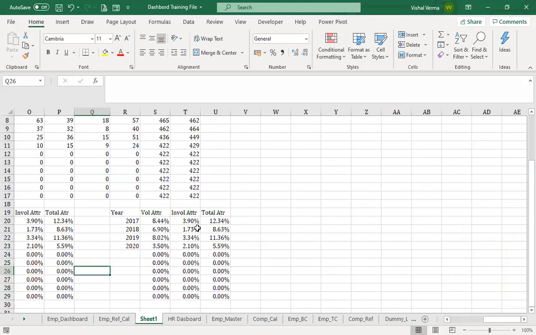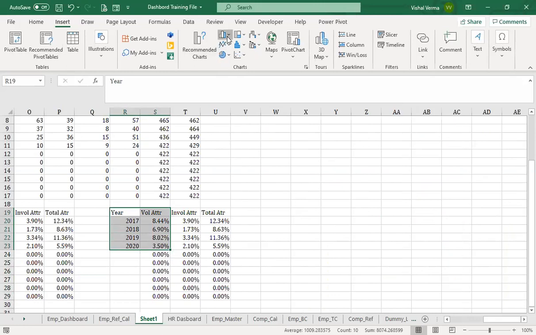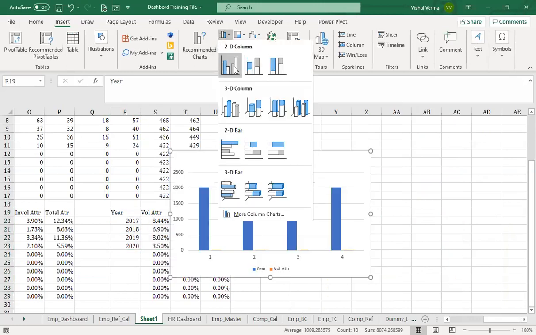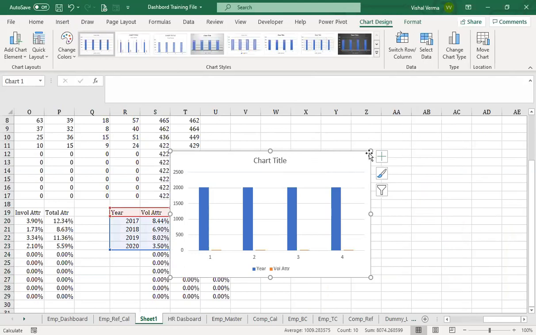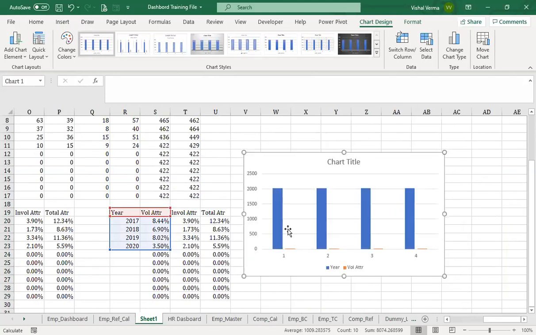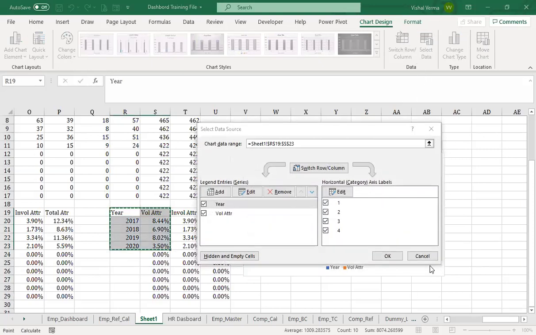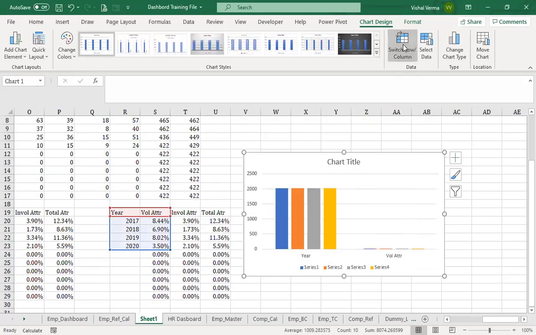Rather than just prepare it, let me explain how this chart will be made. Okay. So we have this total iteration. Go to insert and insert a column chart. We'll do a normal column chart. Now if we insert this normal column chart, you will find that it is showing nothing. Even if we switch the rows or anything, we are not able to get any information.